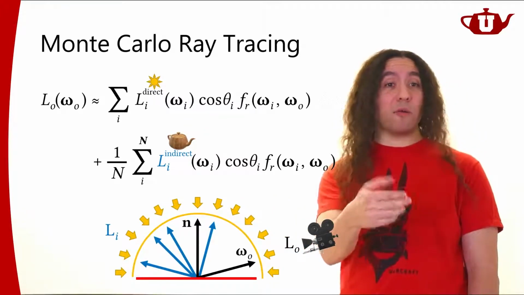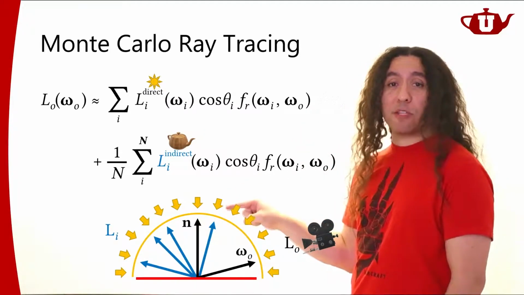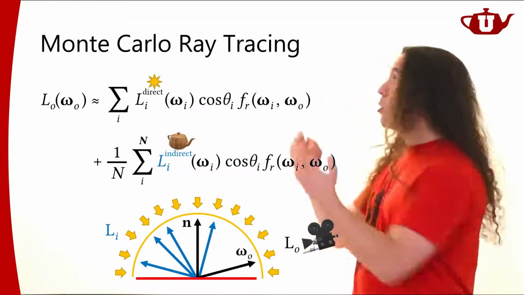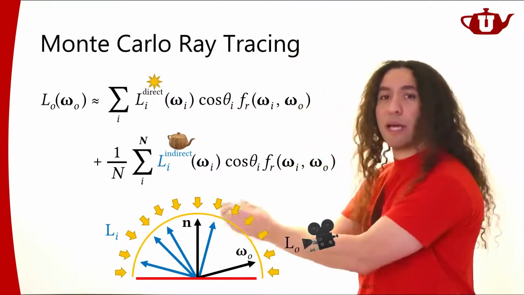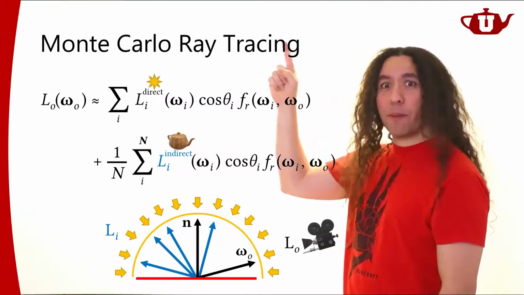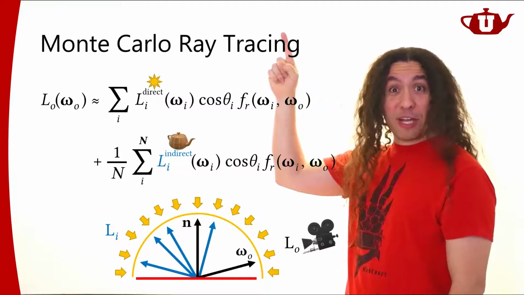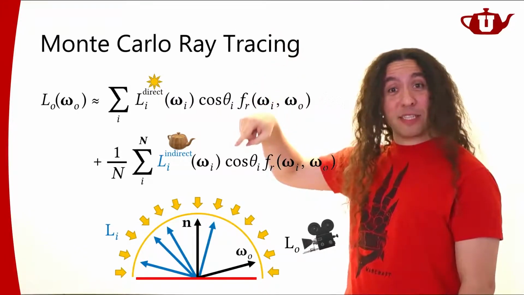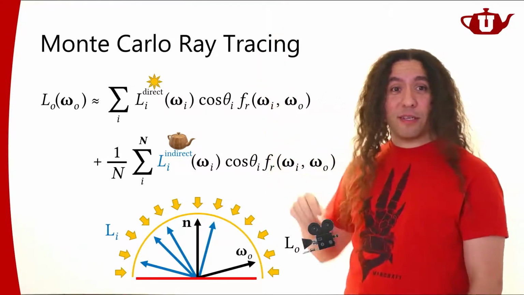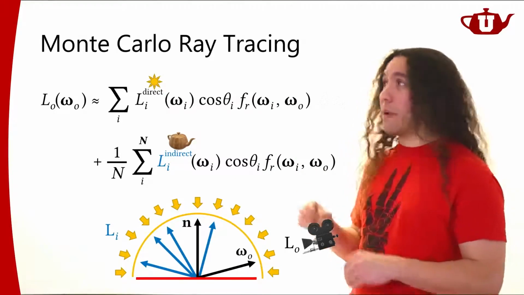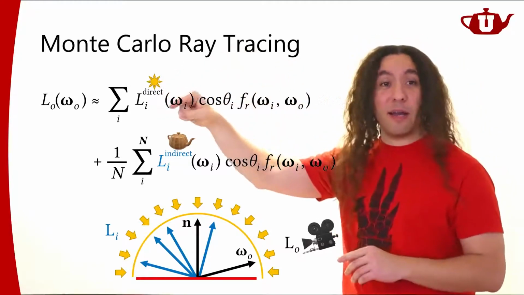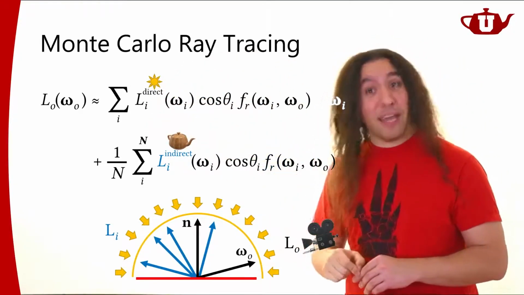I'm going to do what we said we're going to do for regular reflections. I'm going to trace a ray and find out what that ray hits. And then I'm going to shade that point and figure out the light coming from that point. Here's the thing. At that point up there, I'm going to do another shading. Now, am I going to include indirect illumination at that point? If I am, then I am going to generate a whole bunch of random directions from that point, right? And for each one of those, I'm going to trace another ray. Oh, am I going to include indirect illumination there? Yeah, that means I'm going to...